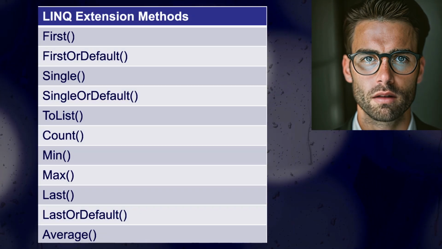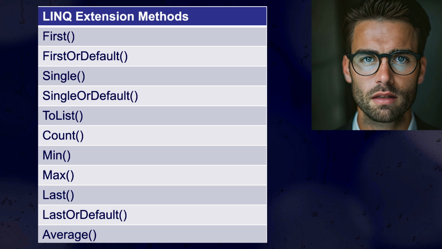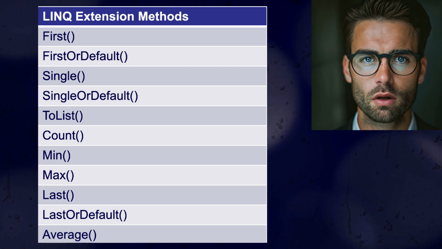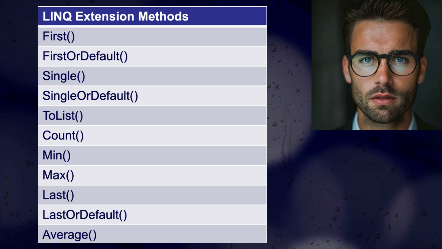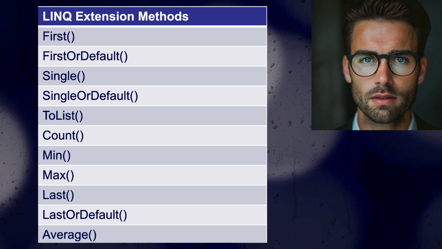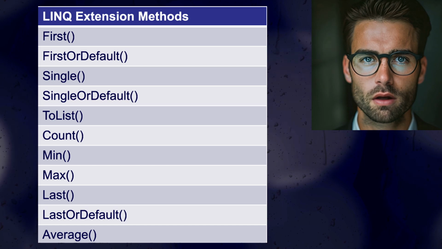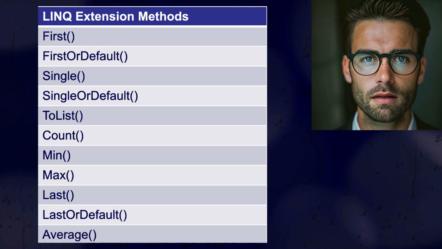LINQ also provides a set of standard query operators, or extension methods, that we can use with LINQ to Entities queries. These methods include FirstOrDefault, SingleOrDefault, ToList, Count, Min, Max, LastOrDefault, and Average. These methods allow you to perform various operations on your data, like retrieving the first or last record, counting items,